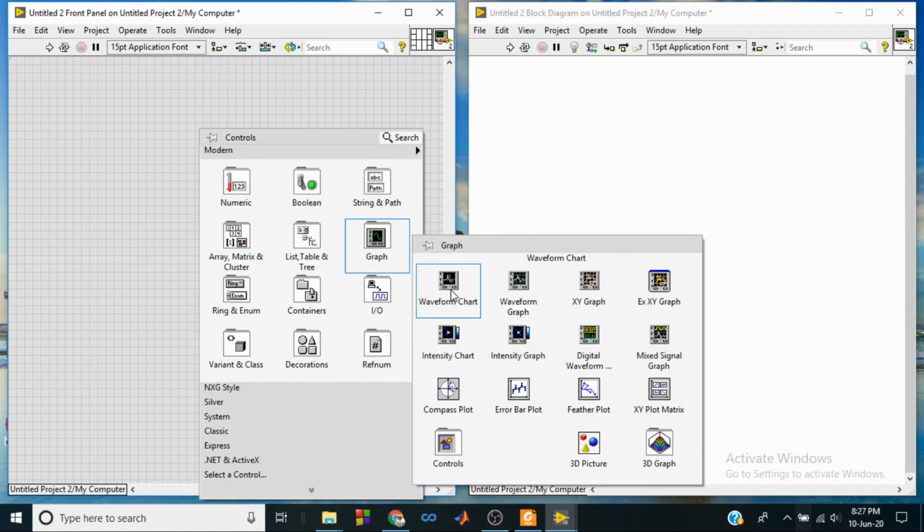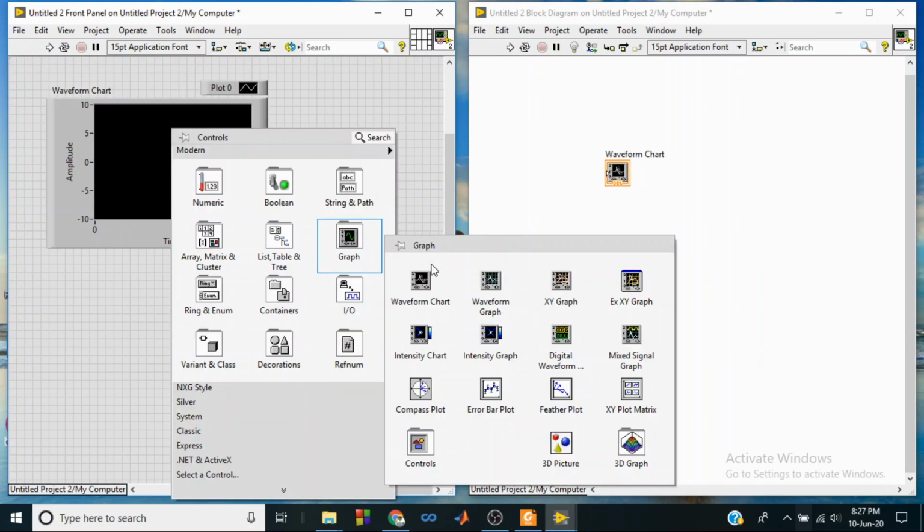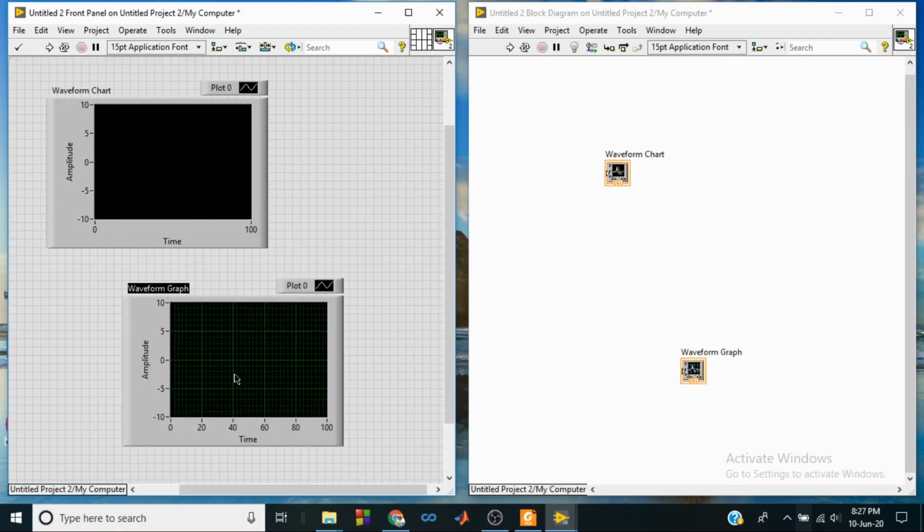There are also waveform charts and waveform graphs. I can add a waveform chart or a graph. And once you make connections in the block diagram and give the output to the graph, then your output will be plotted in the waveform graph or the waveform chart.